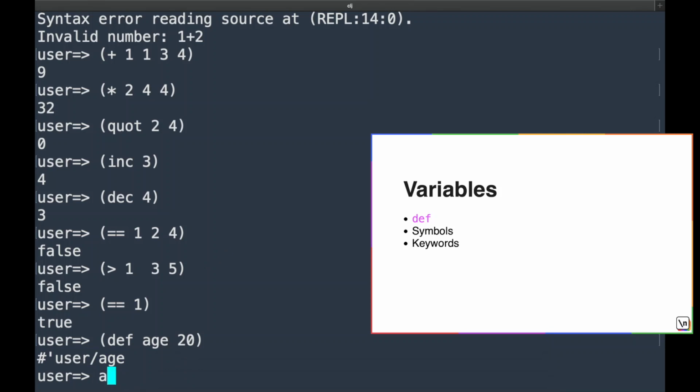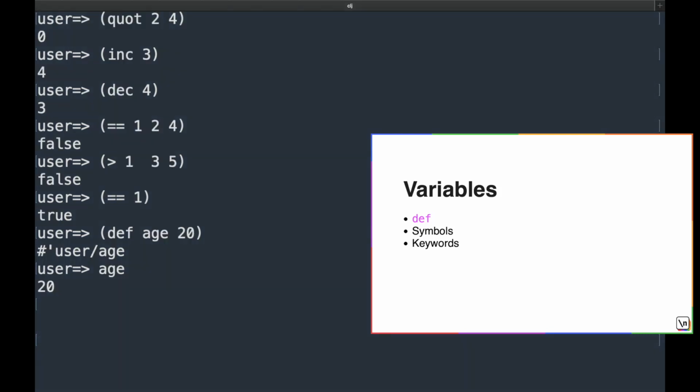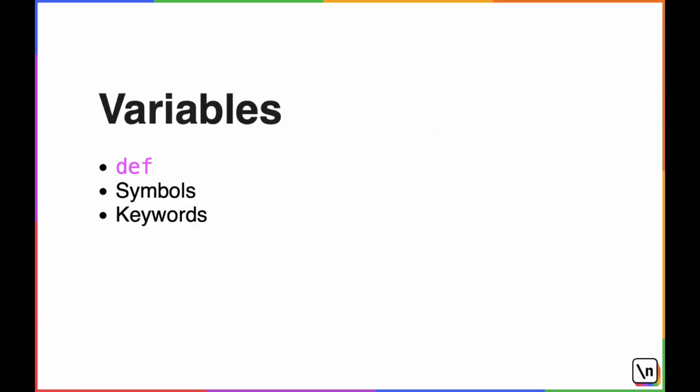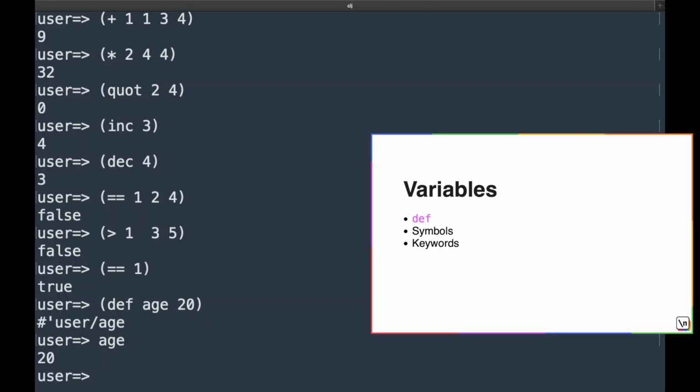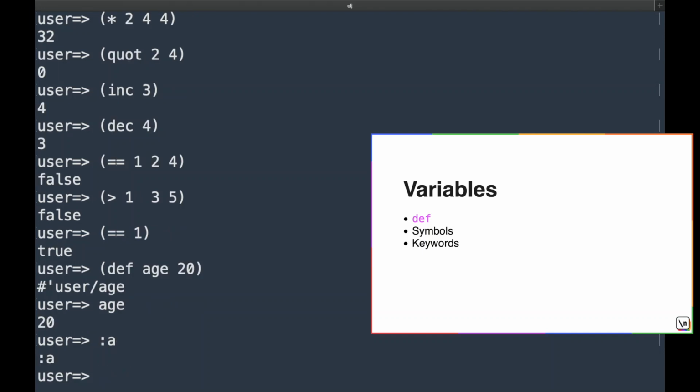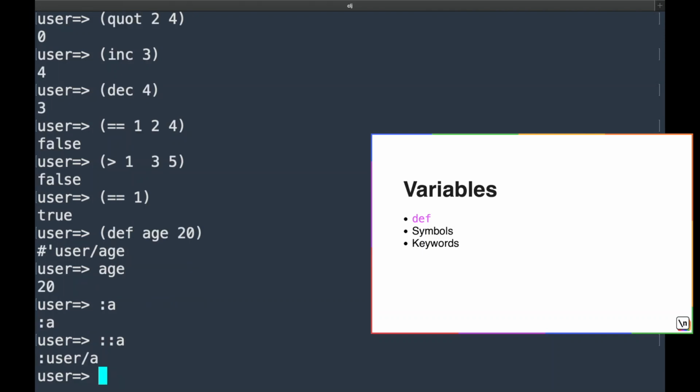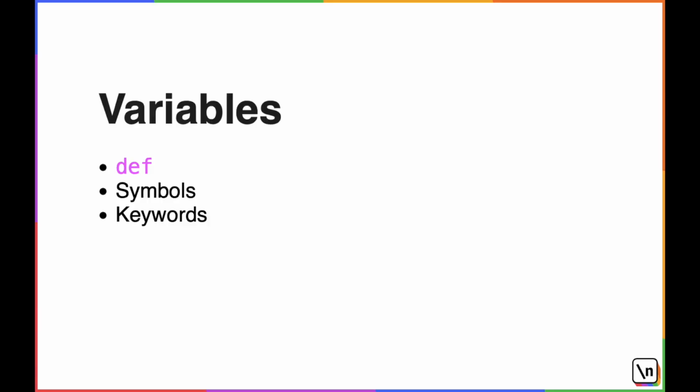The literal age is now a symbol. A symbol is a string that points to another value. Like age points to the value 20. A concept similar to symbols is keywords. Where symbols point to another value, keywords point to themselves. Keywords can be defined using a colon prefix, and you can define namespace qualified keywords using double colons. Keywords in Clojure are very similar to keywords in Ruby, and they are particularly suited to define keys for maps, enumerations, or variables that would never change, like roles in a web-based application.